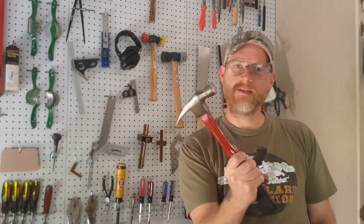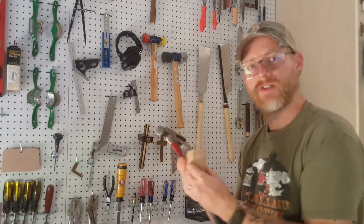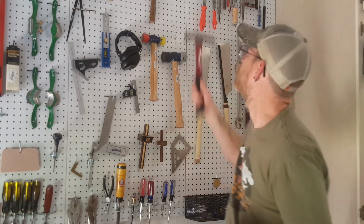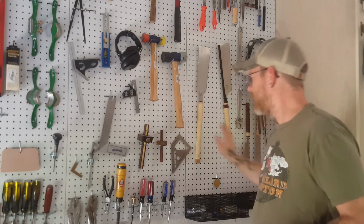If you need to hit something and not leave a mark, then you can use a block of wood. So you hit the piece of wood, and then that transfers over to what you're hitting, and it doesn't leave a mark because obviously this is wood. So hammer, square, pencil, blade,